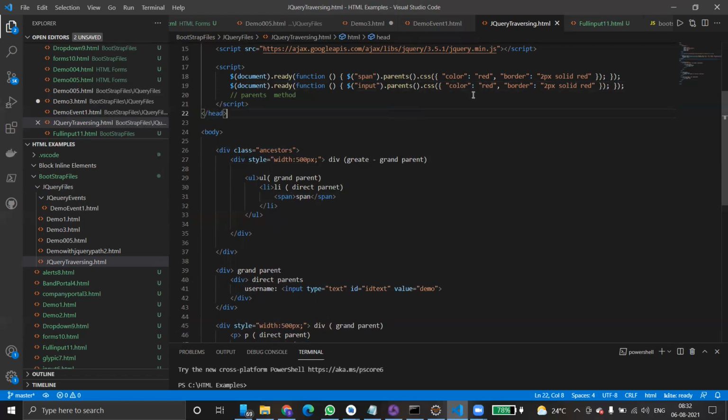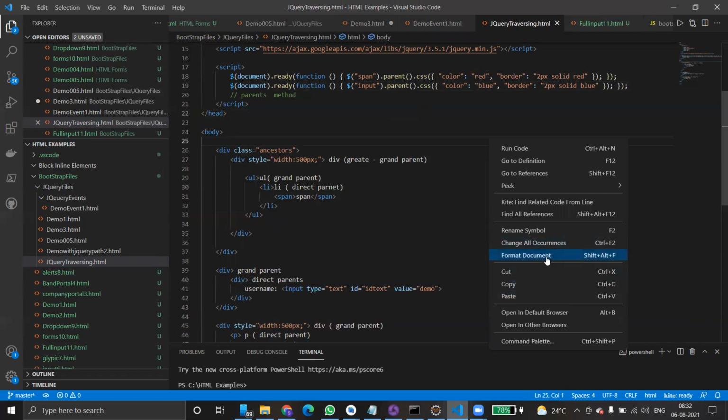Control S. The color is now blue and solid blue instead. Control S. So parents I'm removing, parent also I'm removing. Control S. Okay, just right click.